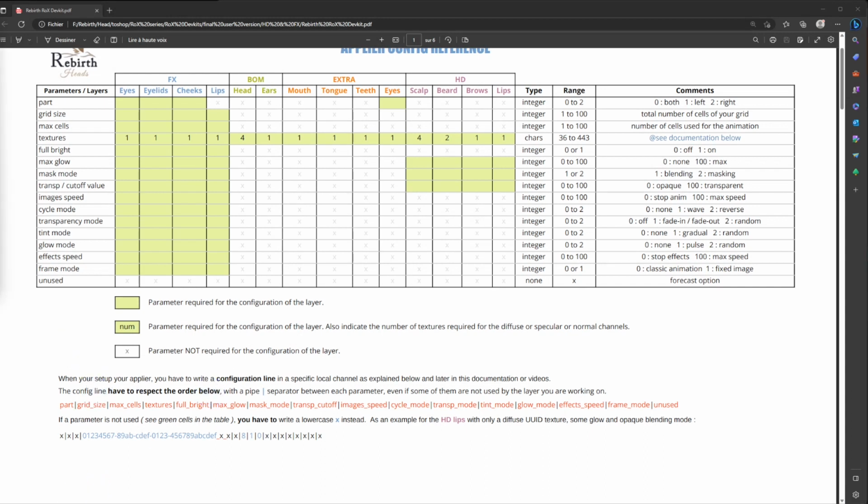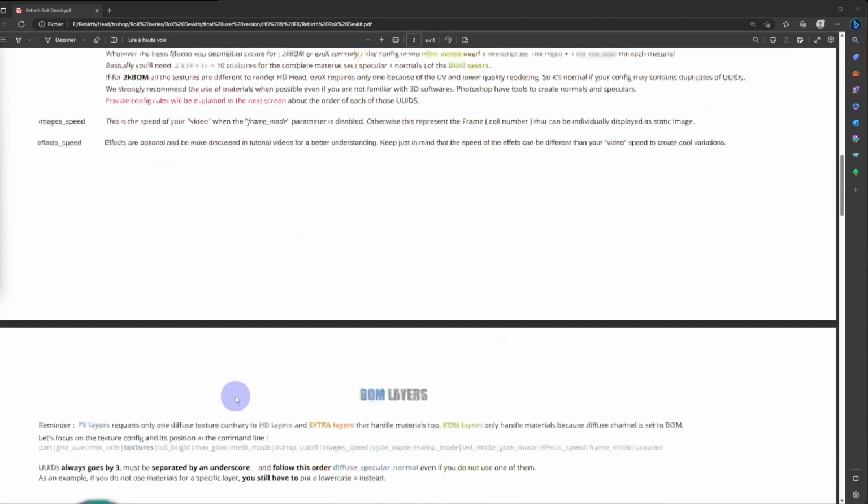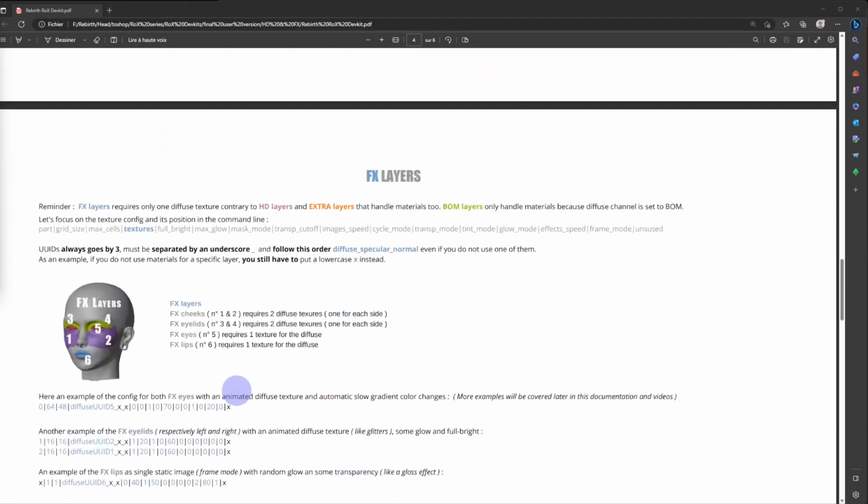So, at first, the parameter that interests us the most concerns the textures precisely referenced here in the command line, and detailed below in the section concerning the FX. As a reminder, textures are identified by UUID on SL. But I'm pointing out a few things here.